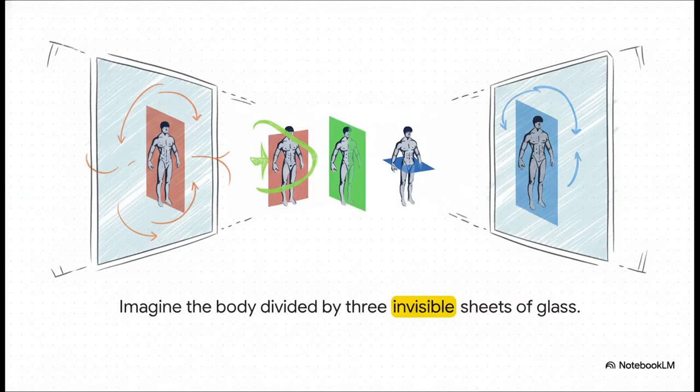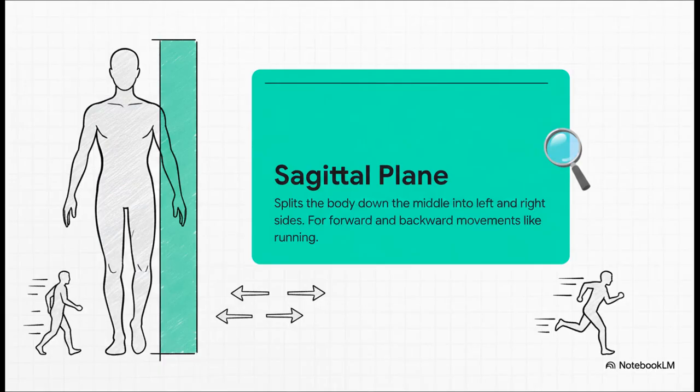And this visual just nails it. Imagine three invisible sheets of glass, each one cutting through the body in a totally unique way. You can see they're even color-coded here. These are our three planes of movement. First up, we've got the sagittal plane. That's the green one. This plane slices the body vertically, right down the middle, giving us a left half and